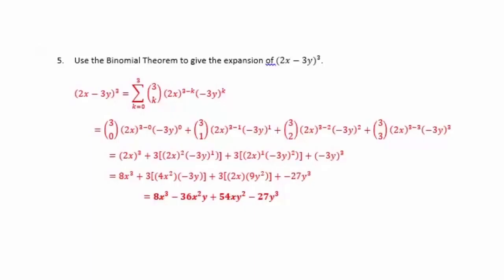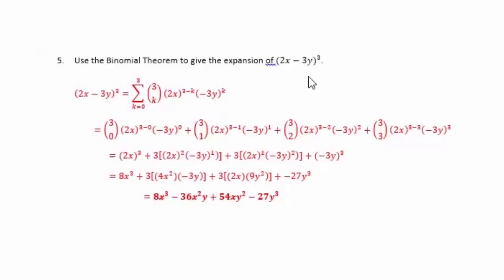Now, you could actually take this binomial, 2x minus 3y, and write it as a factor 3 times, and then use FOIL to simplify the first two multiplied together, and then multiply whatever you got there times the last factor. But there's a simpler way to do this. It's kind of a shortcut. I know it might not look that way in terms of the notation, but it's a lot simpler than going